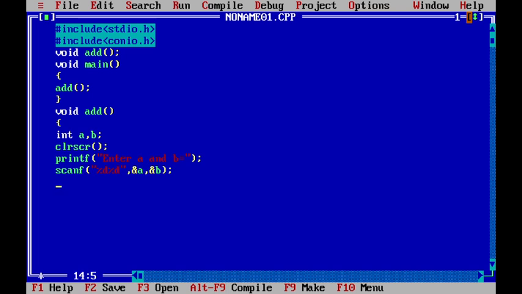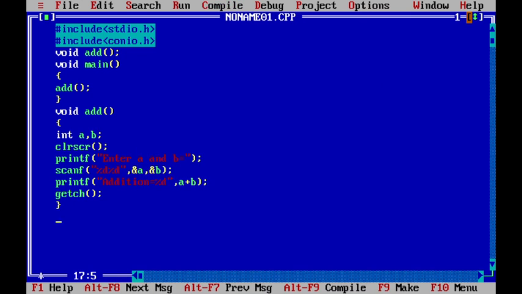Then printf addition is equal to %d, a plus b, getch.